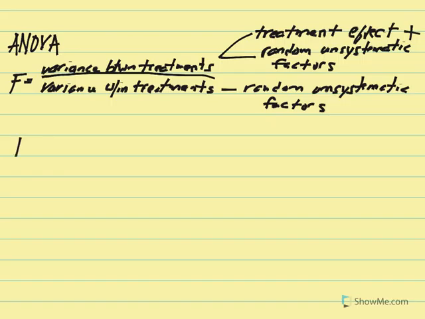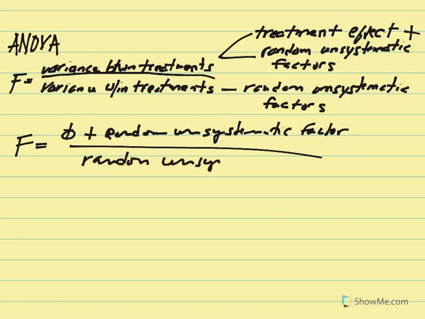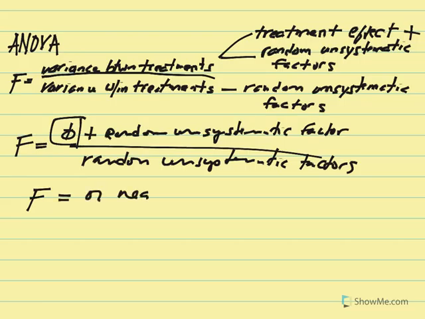So we also talked about this idea that if the treatment effect was equal to 0, and we add that to the random unsystematic factors, and then that over just the random unsystematic factors. Again, if our treatment effect is equal to 0, then our F value will be equal to or near